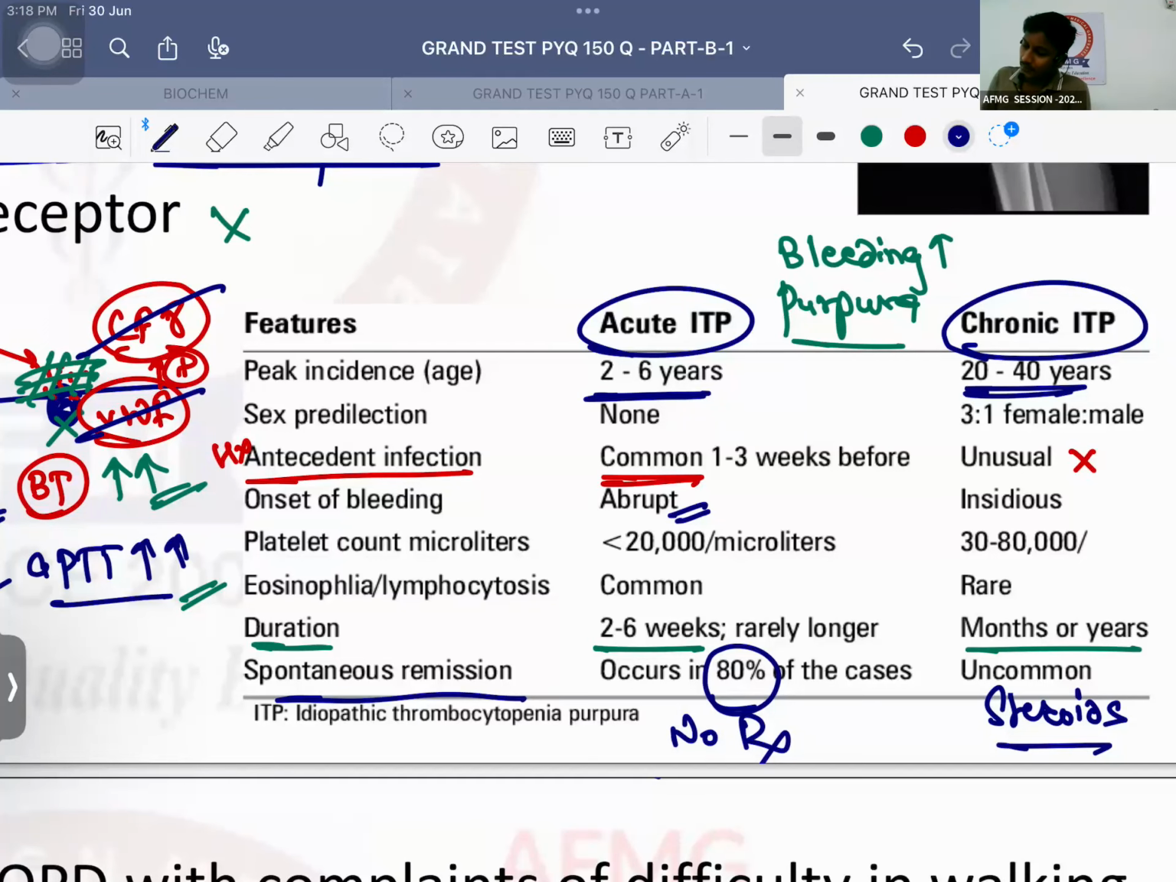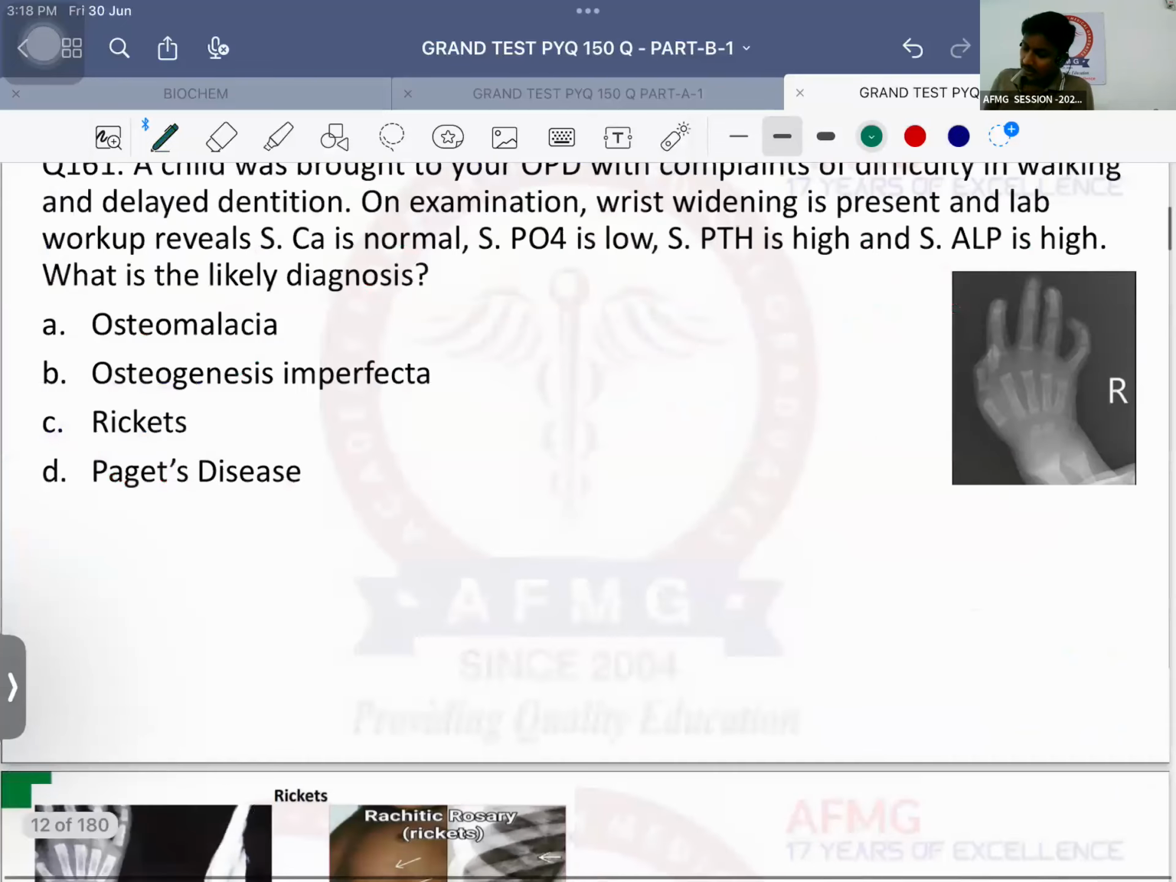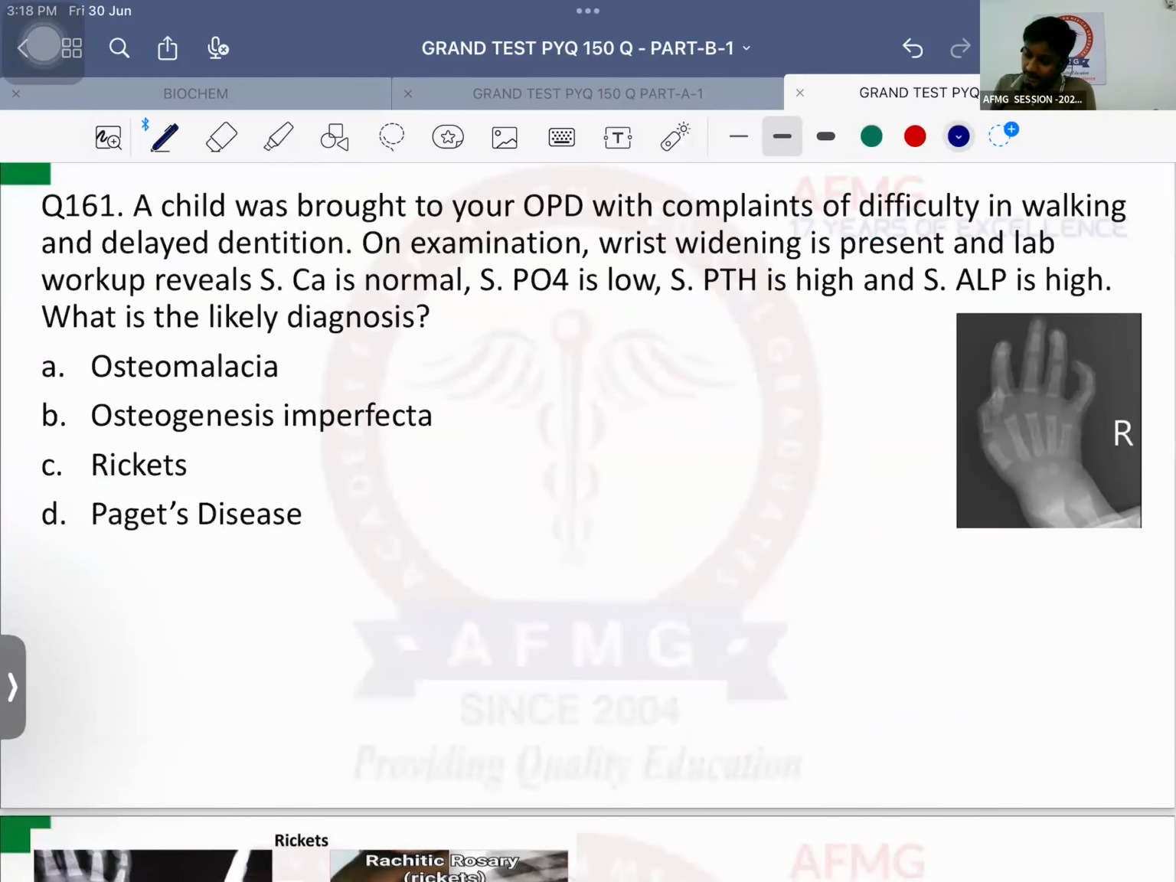ठीक है, आगे बढ़ते. Question number 161. It states what? It states a child was brought to your OPD with complaints of difficulty in walking and there is delayed dentition. मतलब दांत नहीं आ रहे जल्दी बच्चे के, delayed dentition. On examination there is wrist widening. जो तुम wrist देखते हो ना, the wrist is widened over here. ठीक है, is present and lab workup reveals the serum calcium levels are normal, serum phosphate is low, serum parathormone is high, serum ALP alkaline phosphatase is high. ठीक है, what is the likely diagnosis in this child? So it is a case of